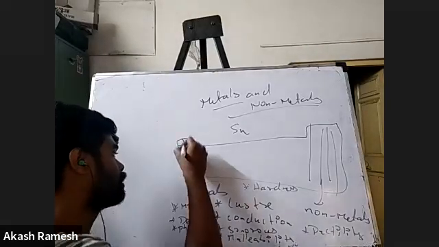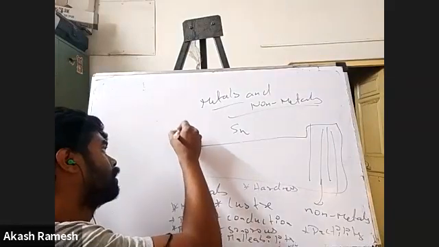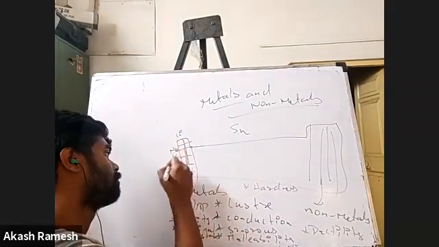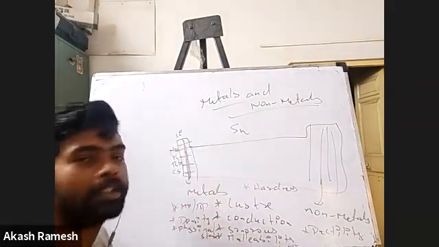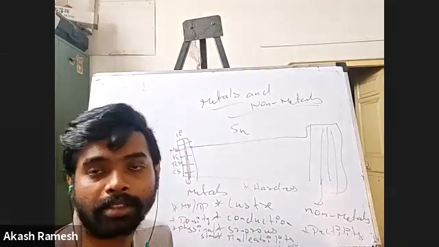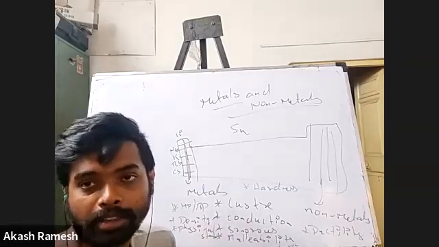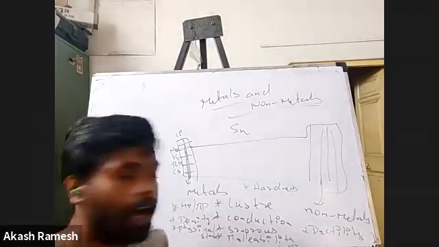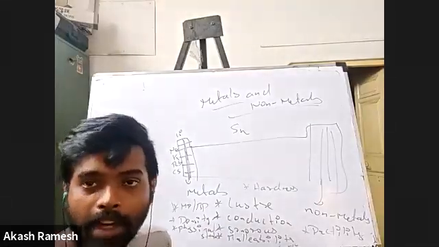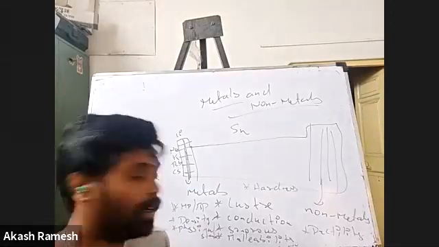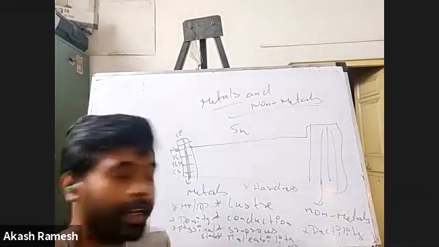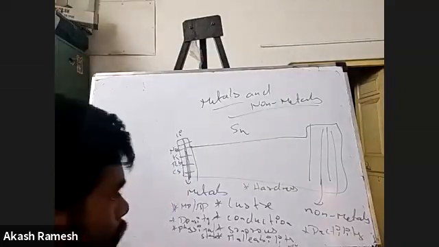Like all the group 1 elements. So you see, this is the entire group 1: lithium, sodium, potassium, rubidium, cesium. All these things belong to the same family of elements, same family of metals, group 1 elements, right? So all of these will generally be non-malleable. Even calcium again cannot be brought into sheets, right? Okay, fine.